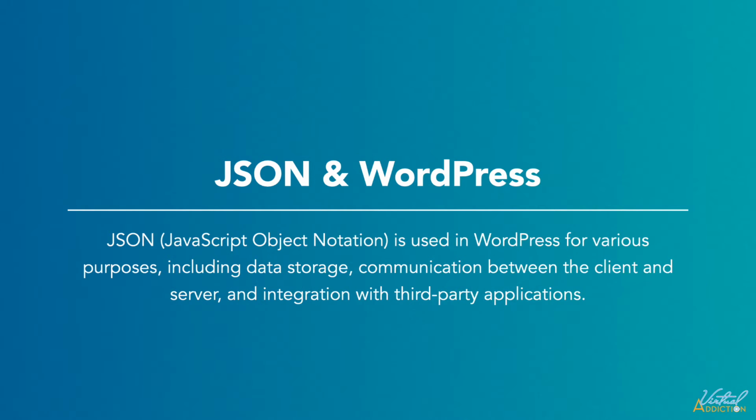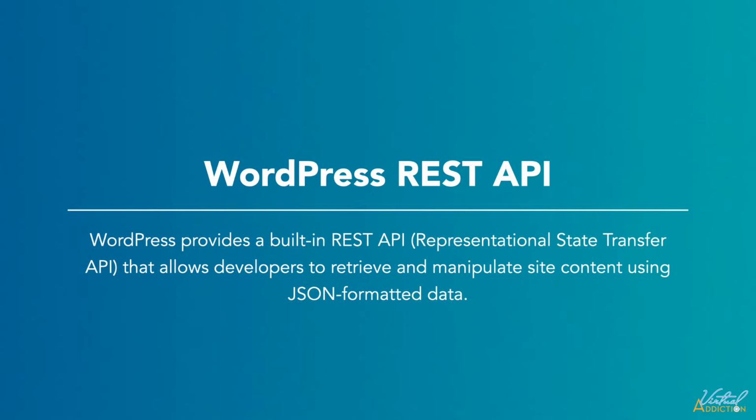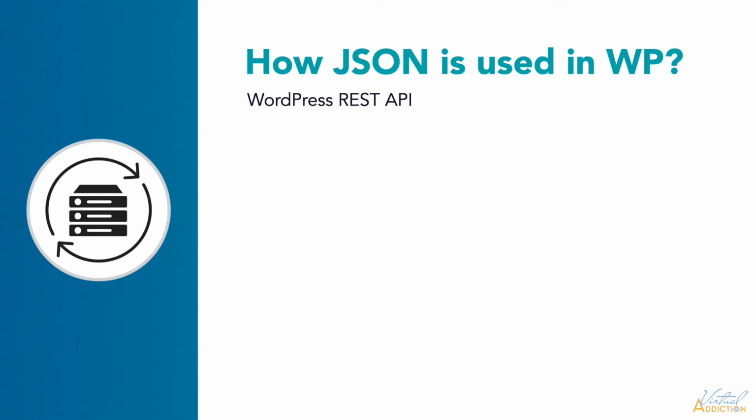Here's a breakdown of how JSON is used in WordPress. The WordPress REST API is a set of code designed to facilitate communication between WordPress and other systems. This allows developers to build applications that interact with WordPress data without directly accessing the WordPress admin panel. The WordPress REST API uses JSON as the data format for exchanging information between a WordPress website and other applications